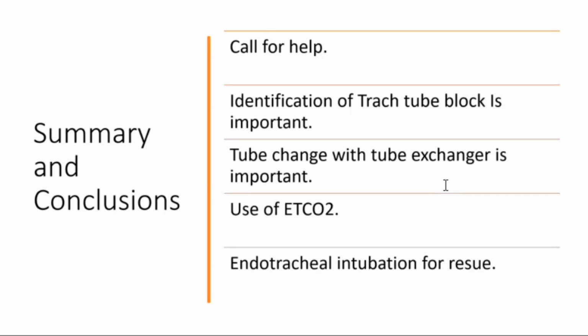Identification of tracheostomy tube block causes, signs and symptoms, which I mentioned. Especially in the ICU on a ventilator, identification of tube block is important. So you always try to change the tube with a tube exchanger or a bougie. Try to railroad. Don't just blindly take out the tube and put a tube. Always use carbon dioxide monitoring and